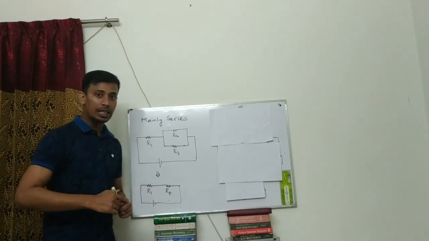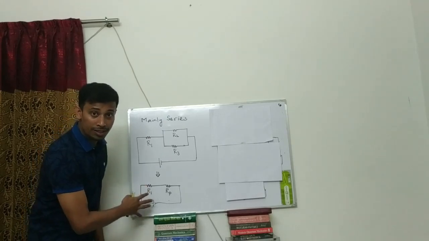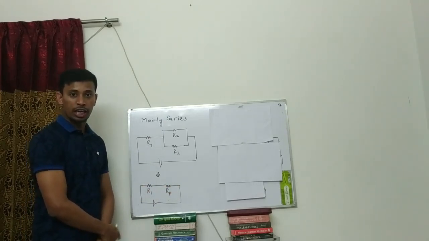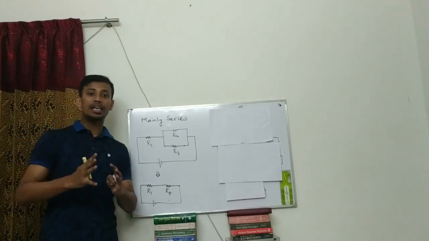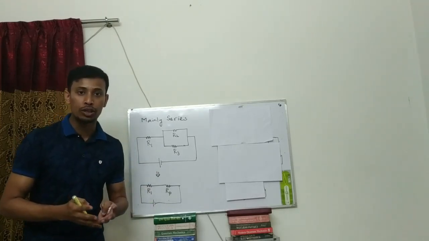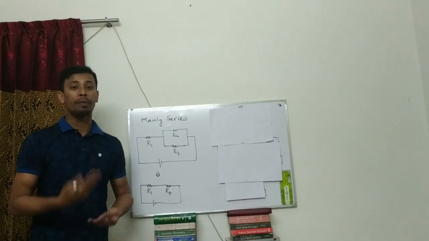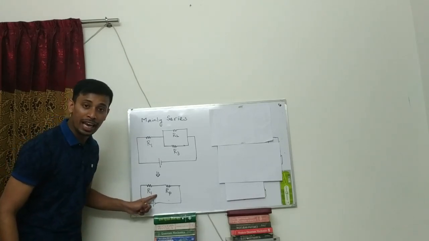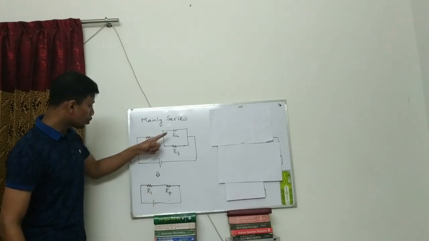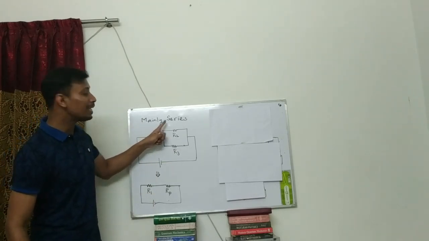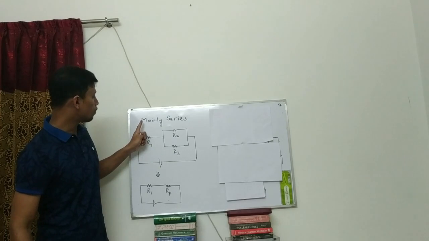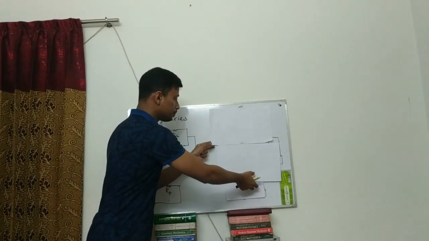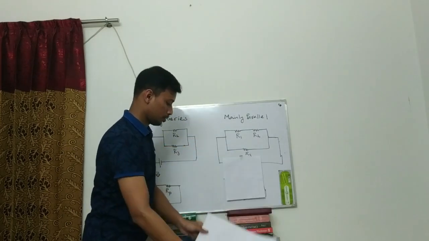So finally this will be our circuit. Look at the circuit. What type does it look like? It looks like a series. So finally the look of the circuit will give us the idea about whether it is mainly series or mainly parallel. Finally it looks like a series circuit. So this circuit is mainly series, though it's a mix, but it's mainly series. So let's discuss